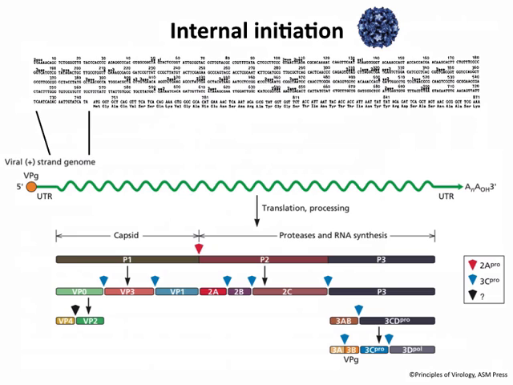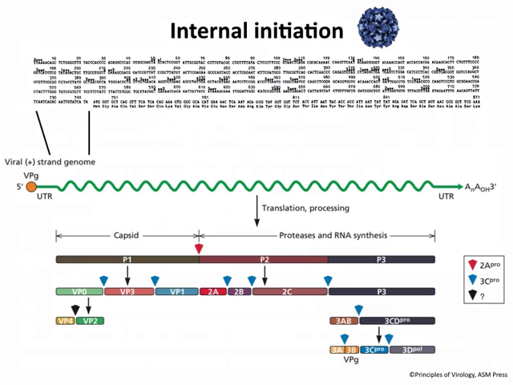The 5' end has a little protein attached to it, VPg. And remember, that is the primer for RNA synthesis. So VPg-UU is used as a primer, and the protein ends up being on the RNA. You don't have a cap. How do you attract ribosomes? Well, the answer is that there's a highly structured 5' non-coding region which attracts them.